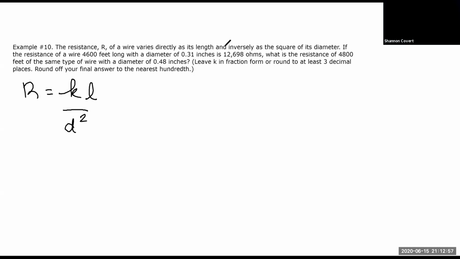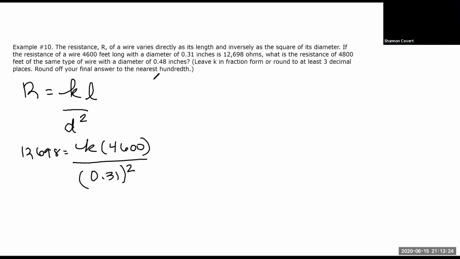The resistance is 12,698 when the length is 4,600 feet and the diameter is 0.31 inches squared. My value for K is 12,698 times 0.31 squared over